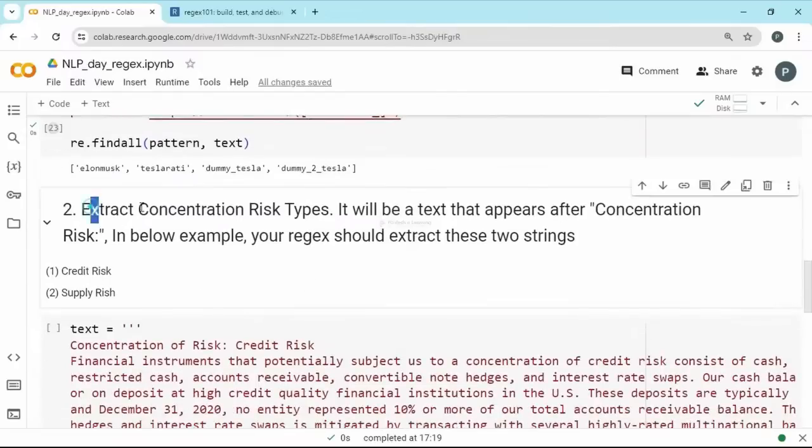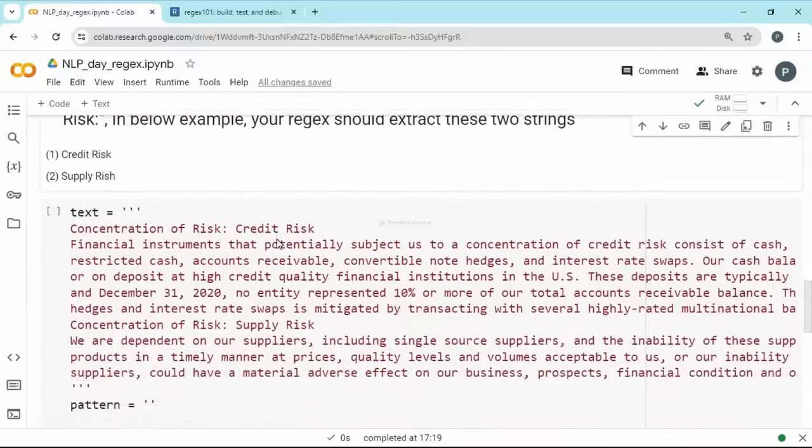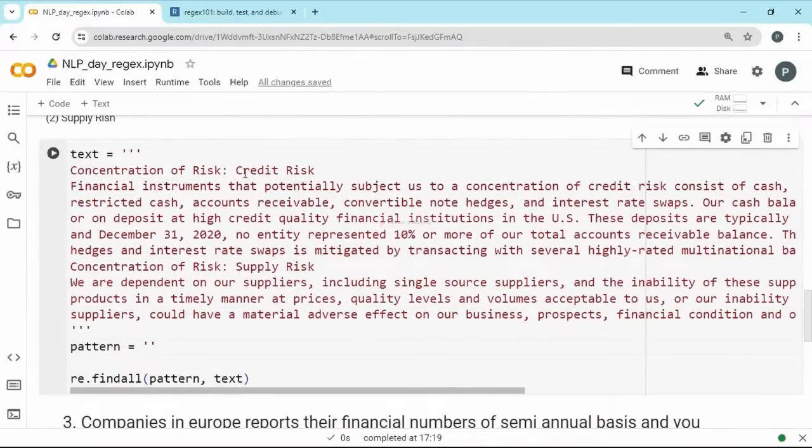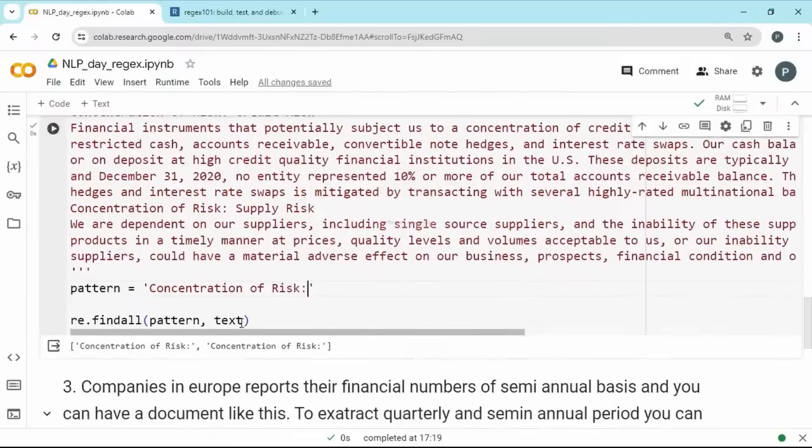And the next thing is you want to extract concentration risk types. It will appear as concentration risk and then the name will be present. You can see in the text the first type is credit risk, the second type is supply risk. If you just go with this pattern of concentration risk, you will be getting those two words. But we are interested in the remaining things, which is the content after that. Okay. So if you write something like this,